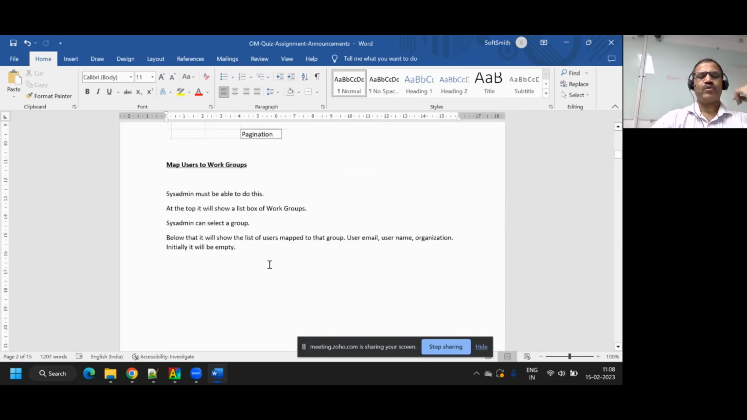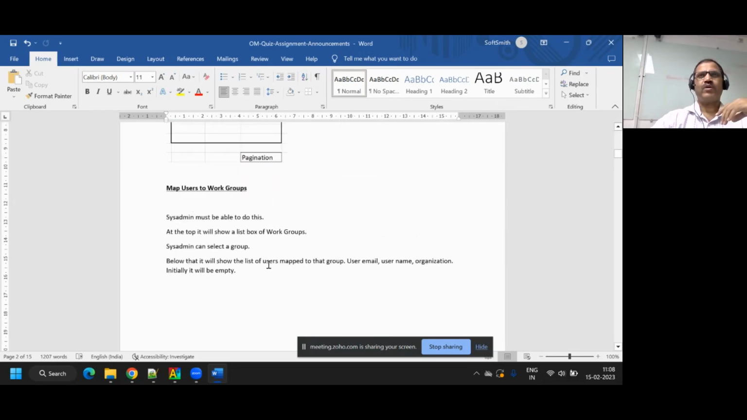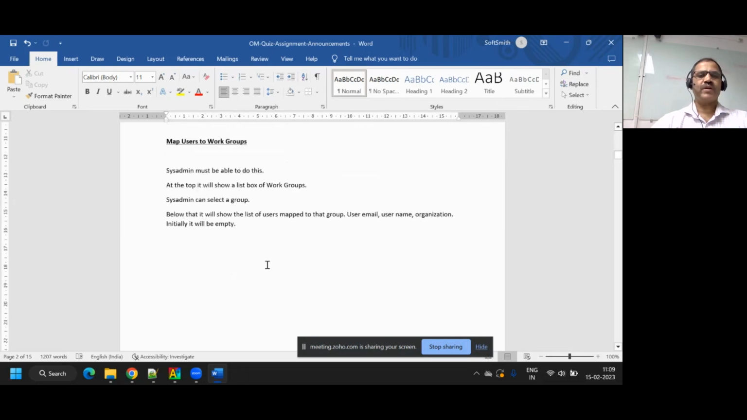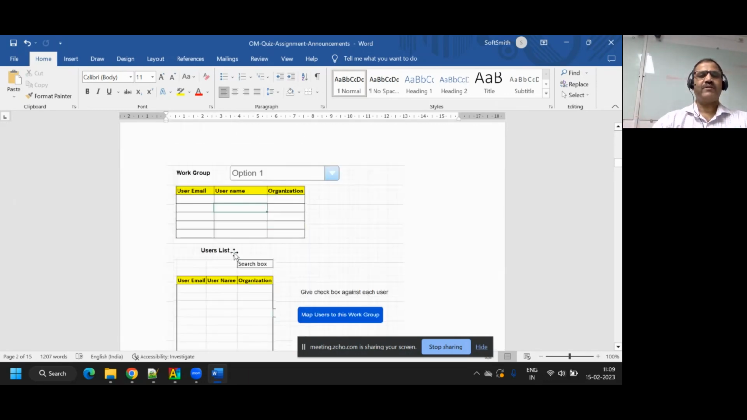Then map the users to work groups. What is a work group? For example, project A, project B, or for fast track developments or full stack development group, testing group. I can create these 100 users belong to this group. Again, sysadmin will use. And in the page I have given, if you look at this,